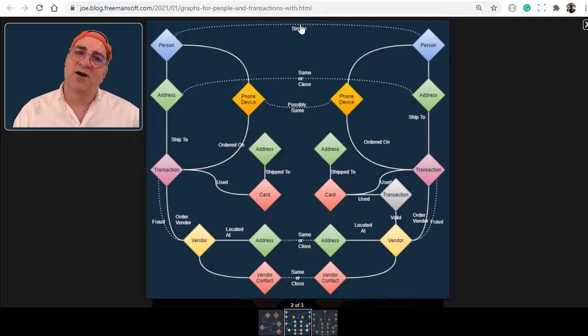So all of these dashed lines might actually be additional relationships that, after machine learning or something else, we apply those edges, right? So we have an order, it's shipped to, it went to this vendor. And then what we did up here, we can do the same thing down here,